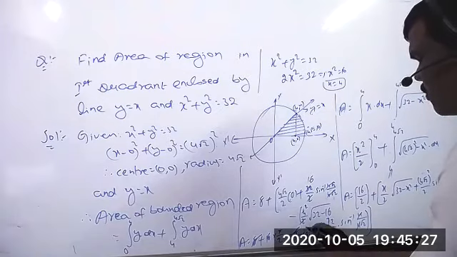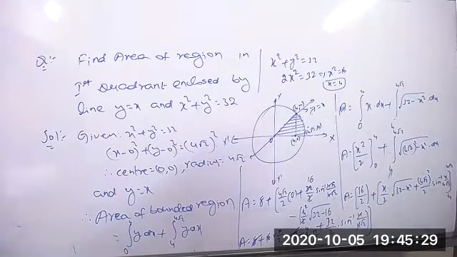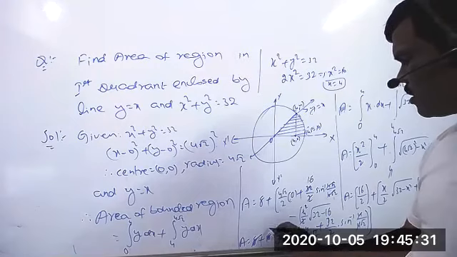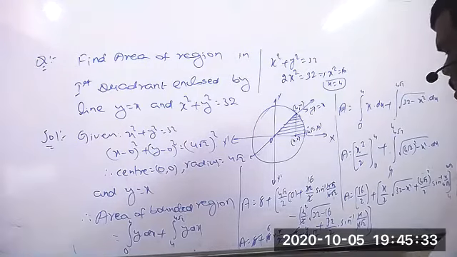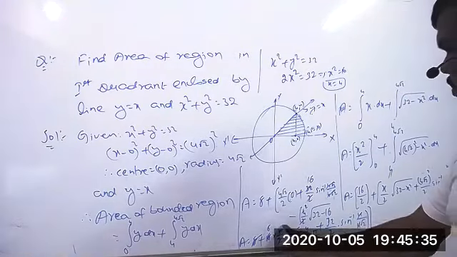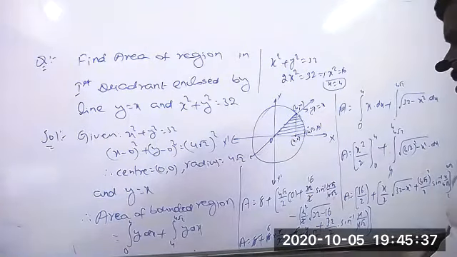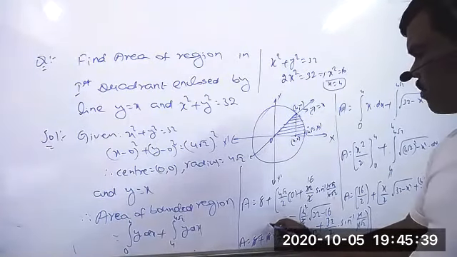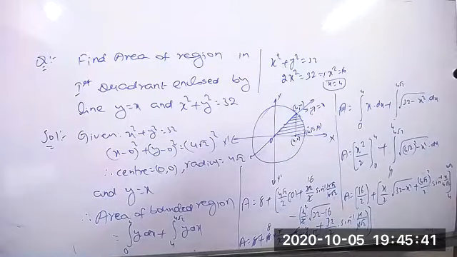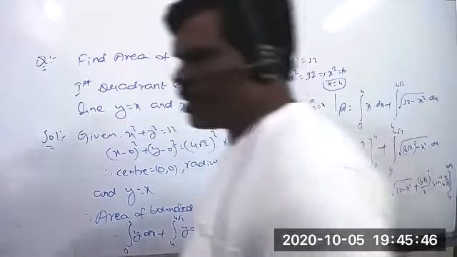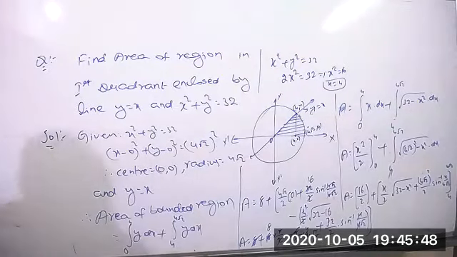Next 4 in this number 4 times. The remaining right now, 2 in this number 8 times. So what about remaining? 8 pi minus 4 pi is equal to how much? 4 pi square units. That is the answer. 4 pi square units. That is the area of the bounded region.